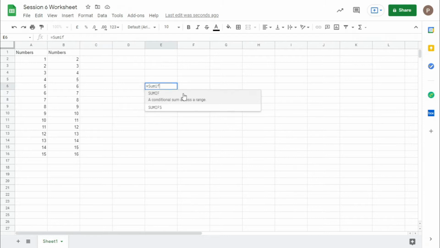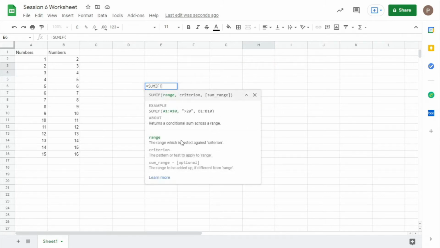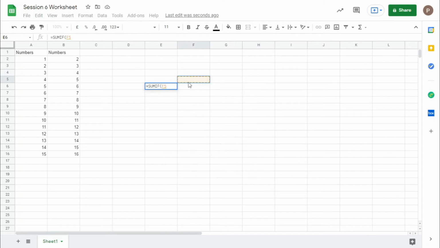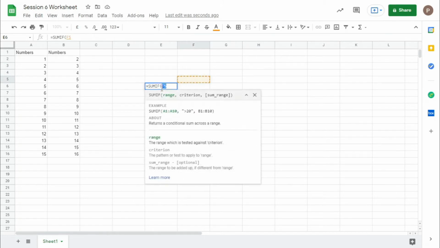First we'll start with SUMIF. SUMIF is a function which is a mixture of sum and if. As you know, in if you give a criteria, and if the criteria is true we give one value, and if it's false another. While in SUMIF we give a certain range and a criteria and then a sum range.